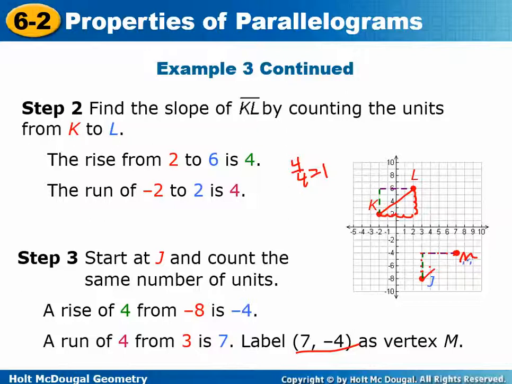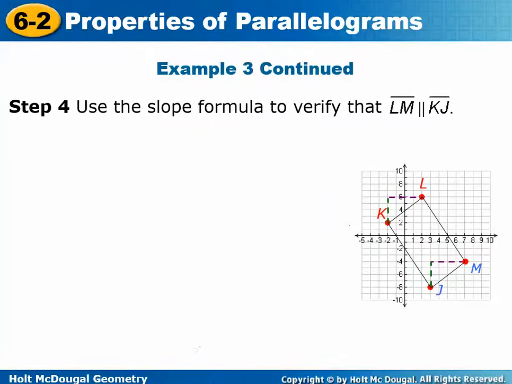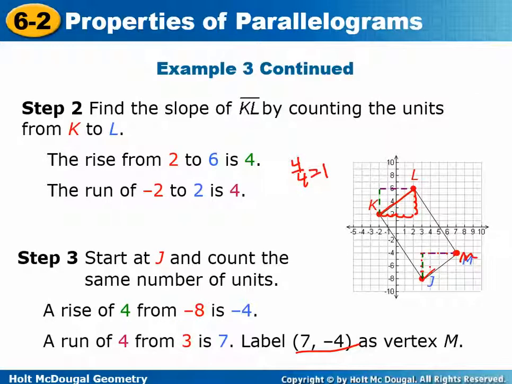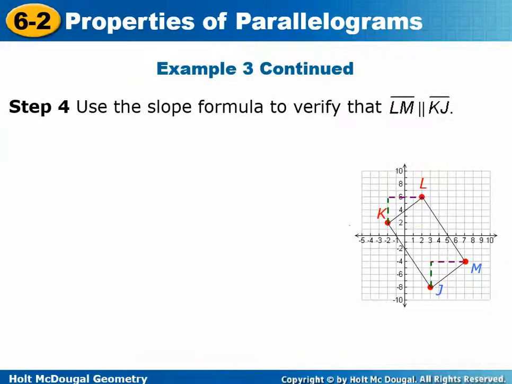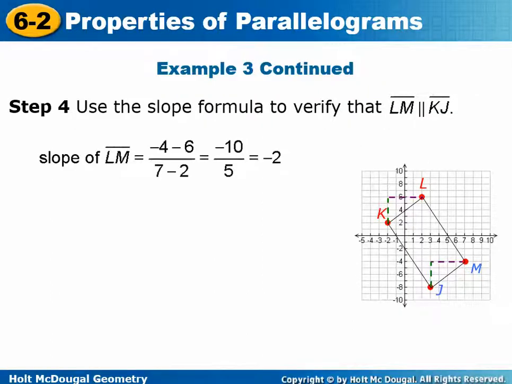So I really don't have to do anything else for this problem. You can just say that it's got to be M. However, you could verify it by making sure that LM is parallel to KJ by finding the slope of those two lines too. So they did that, and they found that the slope of LM would be negative 2, because